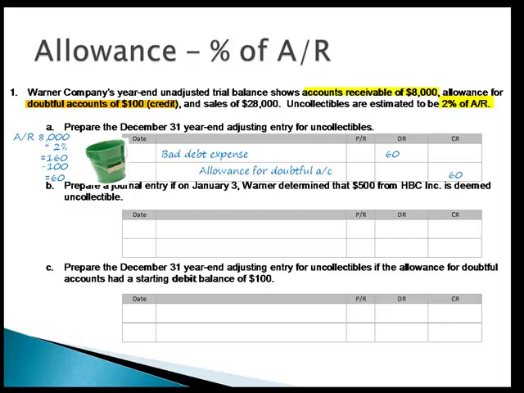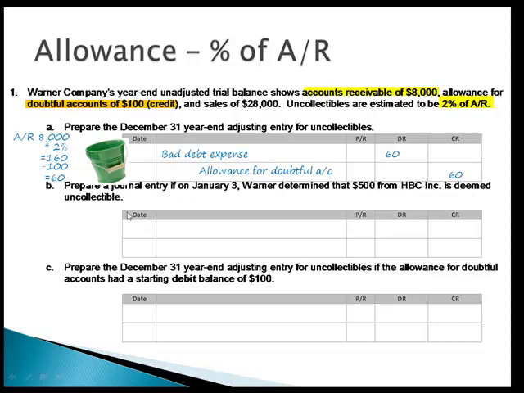Okay, right now if you posted this entry and balanced your allowance for doubtful accounts, you would have $160 in it. Our goal was $160. By adjusting just the difference between our goal and the existing balance, now we fill up our bucket to $160. Okay, what about if we prepare a journal entry and Warner determines that $500 for HBC